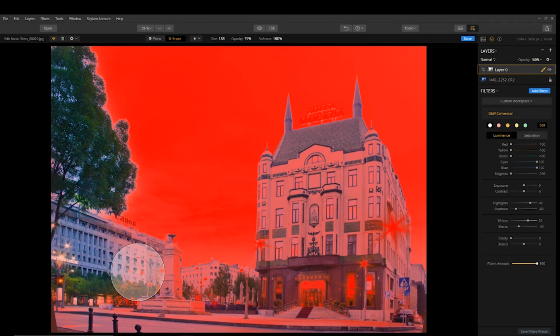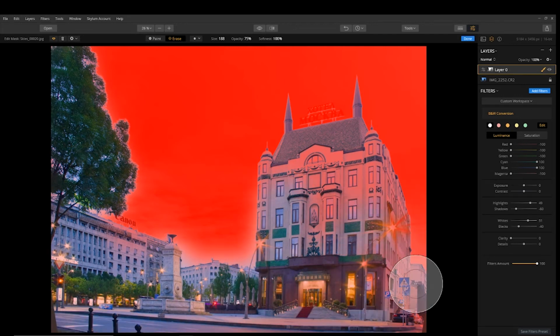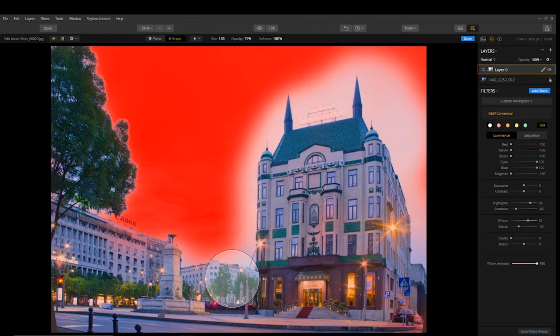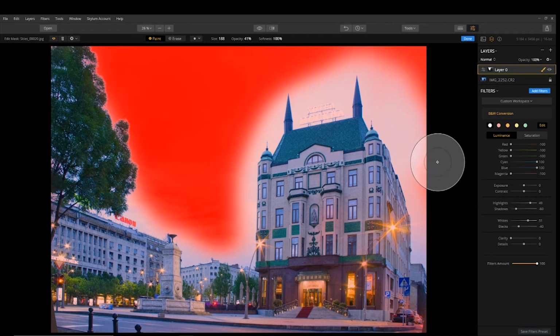And so we really just want the sky in its main area to be masked, but we want to remove it from around our main objects here. Now what we can do is come back to paint and bring the opacity down and just subtly bring it back in, so it's not drastically cutting off,